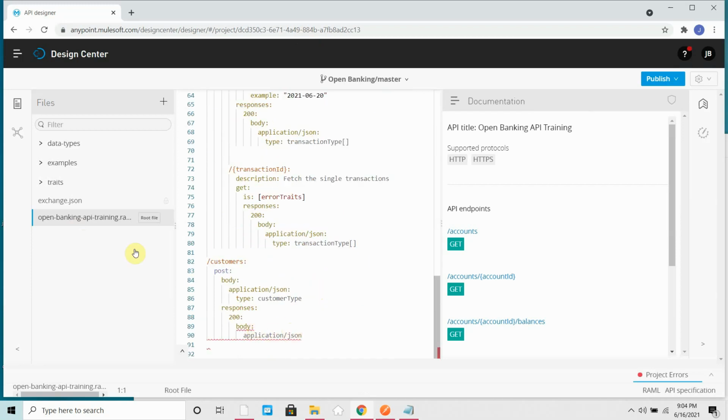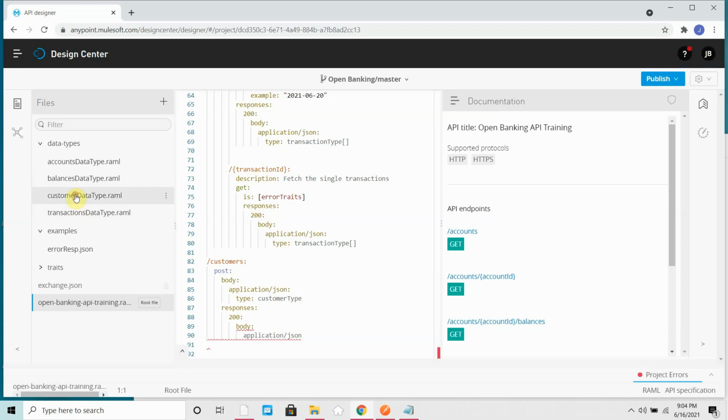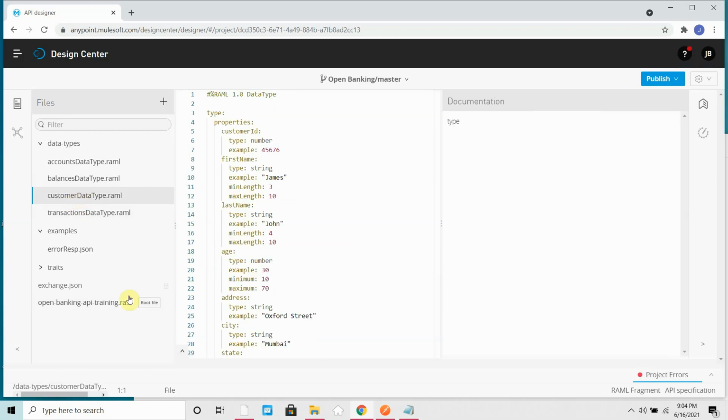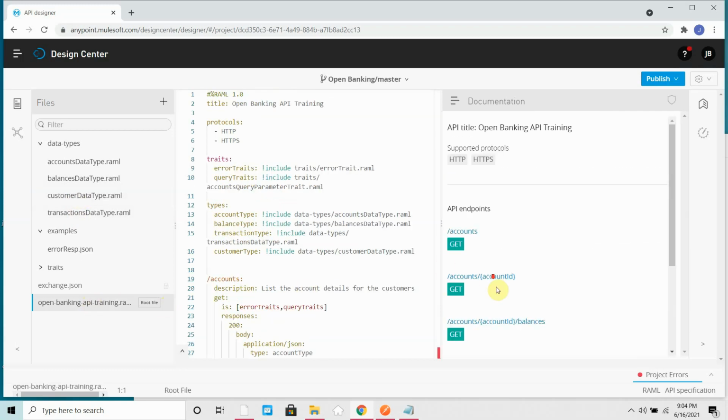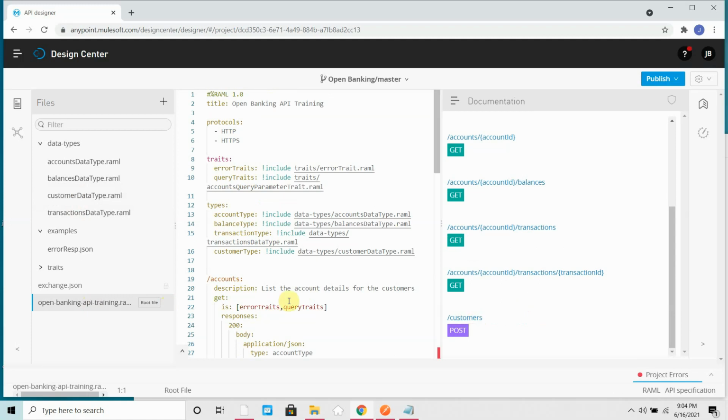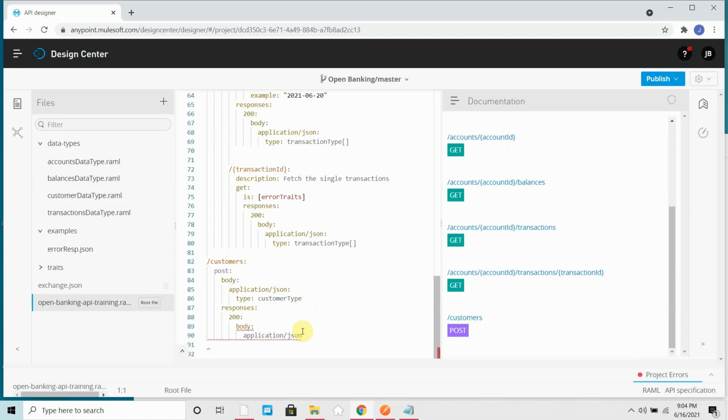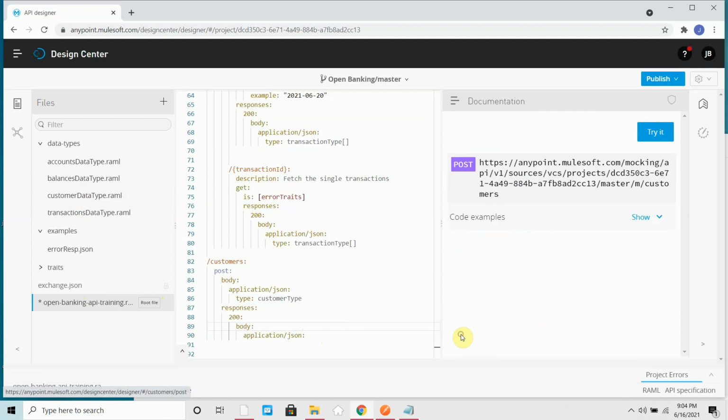Yeah, the body application JSON. Hopefully my customer data type is located here. Let me check what is the error. Here you can see the post. The response is 200, application/JSON, and this I have to put. Okay, that is fine. We are absolutely okay now. So I can say post.